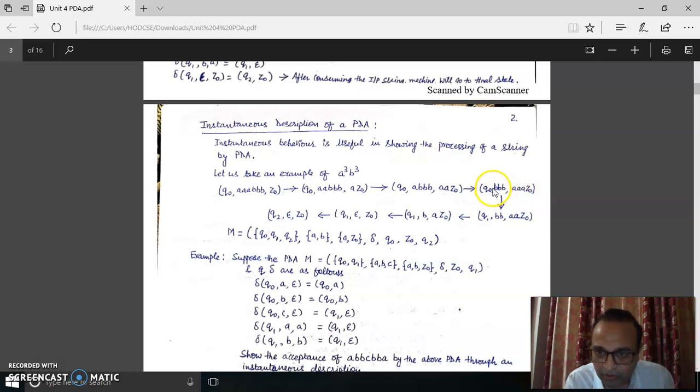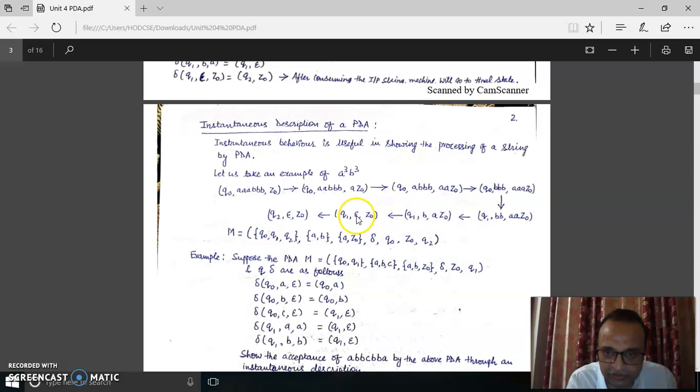Now the input symbol is B, the machine is on the Q0 state. The machine will move to the Q1 state, and B has been read. The string is now BB, and for this B which is recently read, A must be popped. So here one A has been popped. So the stack situation is like this, AAZ0. Now the machine is on the Q1 state, the recently read symbol is B, so the machine remains on the same state. Now only one B symbol is there on the input tape, and for this B the corresponding top symbol A from the top of the stack has been removed. So it becomes AZ0. Now this B has been read.